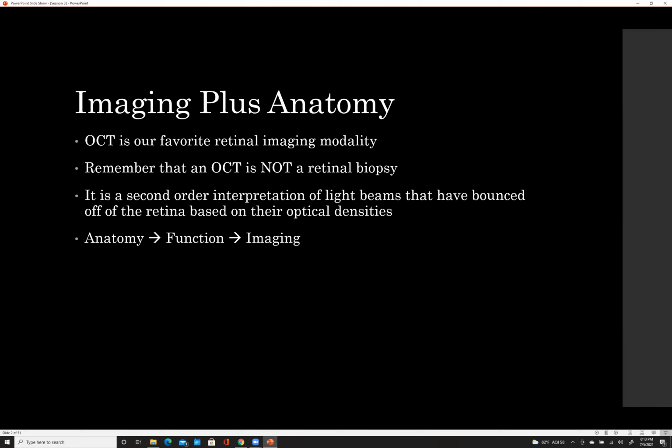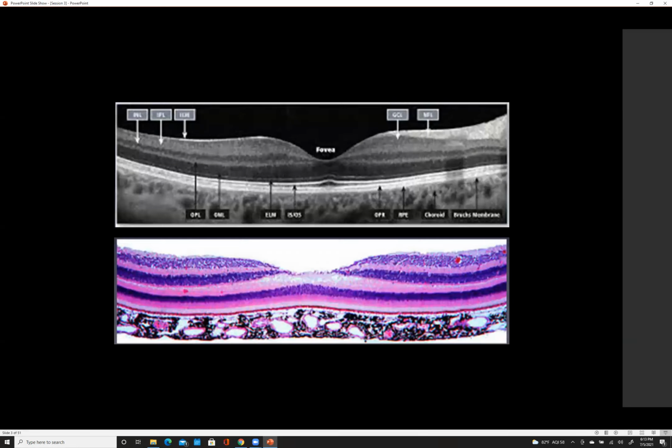Normally anatomy goes to the function and imaging, but the way we do it in ophthalmology is you see the image, then you learn the anatomy, and then you learn the functional aspect of it. And that's kind of the way we're going to be going through the retina. So just remember, you have to understand imaging. It's not just pathology. You have to remember the reflectance patterns, the dark and light contrast that we were talking about before. So again, here's your OCT, and then here's the